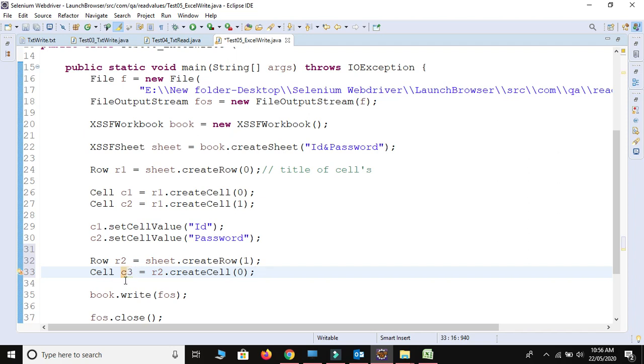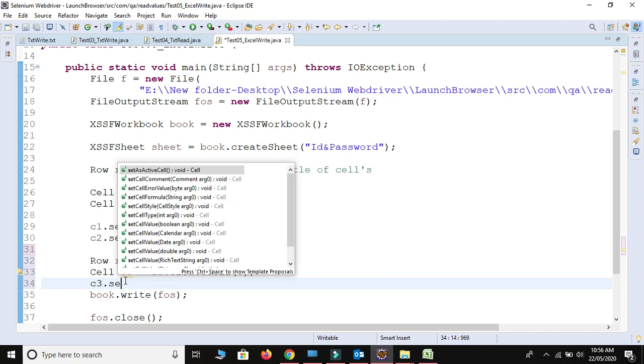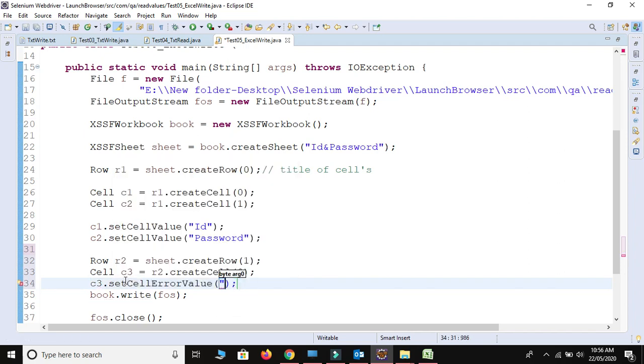Okay, and then I will provide the ID. So I will set the value, C3 dot set cell value, and I will provide some dummy ID, any number. Set cell value, this is the method.